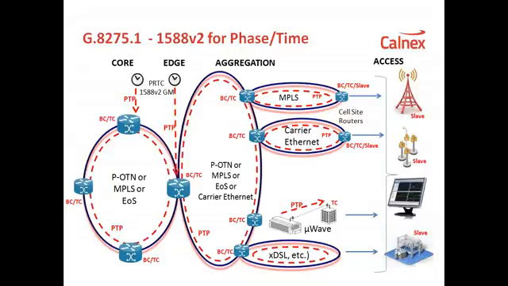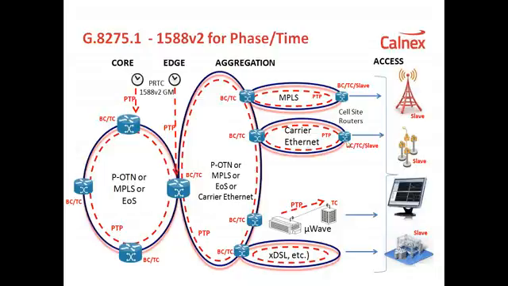Again, you fundamentally have the same network as before with your choice of core, edge, and access technologies. However, the big difference now is that you must have 1588 what's called on-path support, meaning that these devices in the middle of the network are no longer just ordinary switches or routers. They are what's called boundary clocks or transparent clocks. So in other words, a network that is today being used to deploy and deliver frequency synchronization using 1588 must have a level of upgrade to support phase and time synchronization for 1588 by adding boundary clock or transparent clock